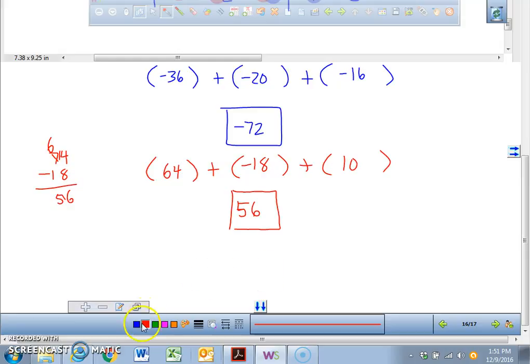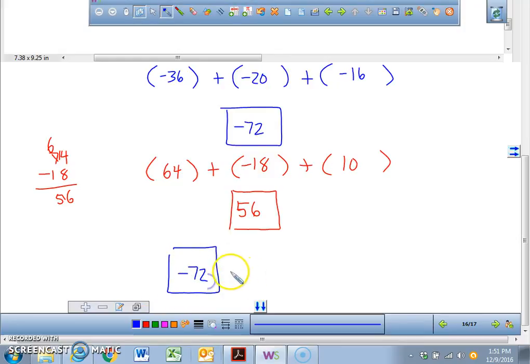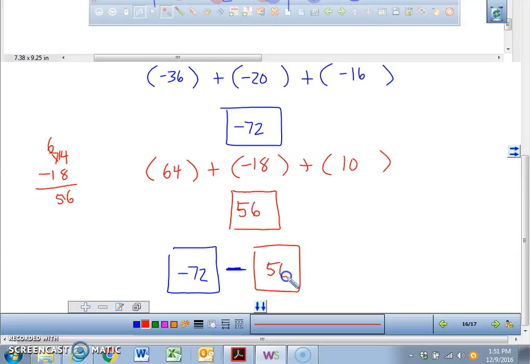Okay? Now, you're going to take the blue answer, which is a negative 72. Make sure you take away your second answer, which is a 56. And when you do that, you get the final answer of a negative